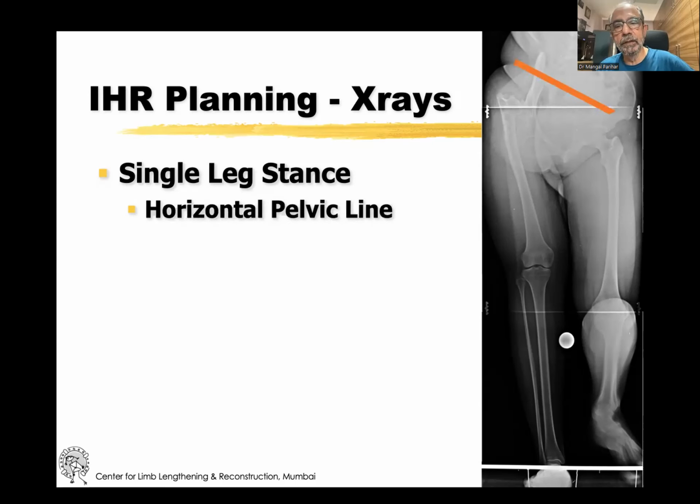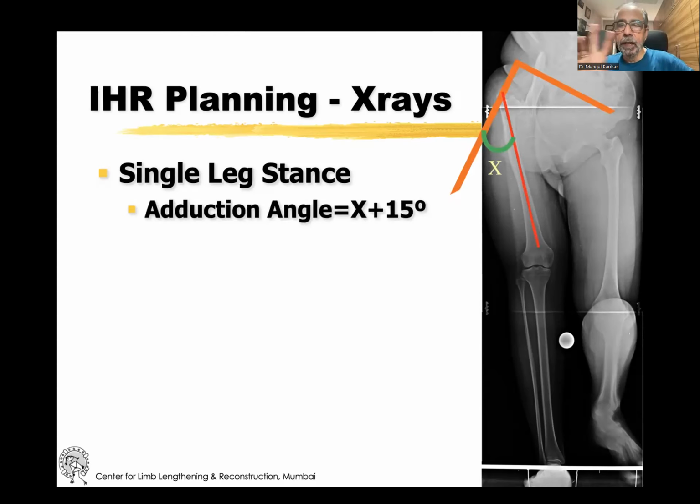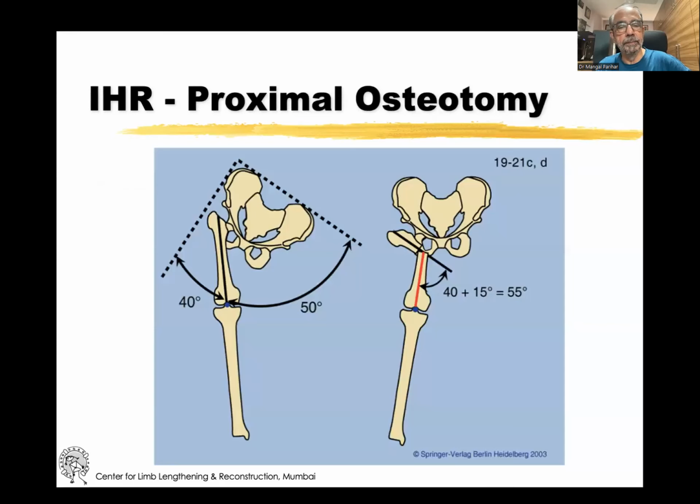So again, here you check the horizontal pelvic line, you draw the perpendicular to that, and you draw the femur anatomic axis. This is similar to what we did in the maximum adduction view, because ultimately your goal is that the pelvis should not drop when the patient is walking. So you have that adduction angle and you add 15. I usually do both of them to confirm that I'm not making any mistake in either of them. Sometimes the pelvis may not drop enough. Sometimes the adduction may not be enough. So I will do both and cross-check to confirm that they are similar. So same thing shown over here.